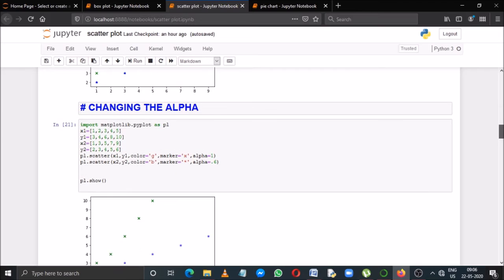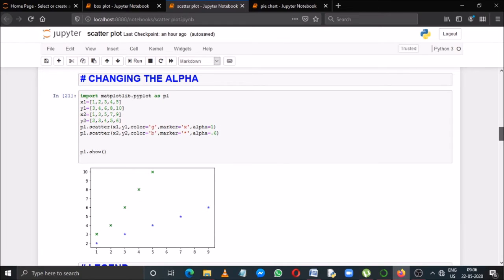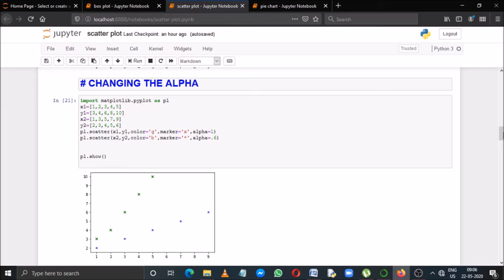Now changing the alpha. What is an alpha attribute? What is its purpose? Suppose I have used the same program, and here for the first one, the green line, I put alpha equals 1.